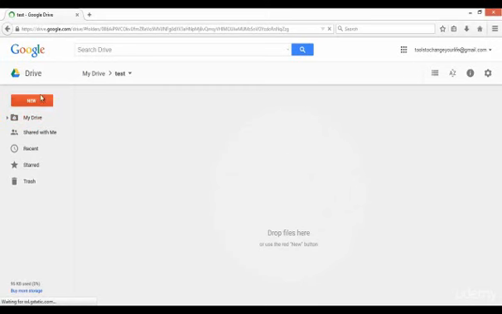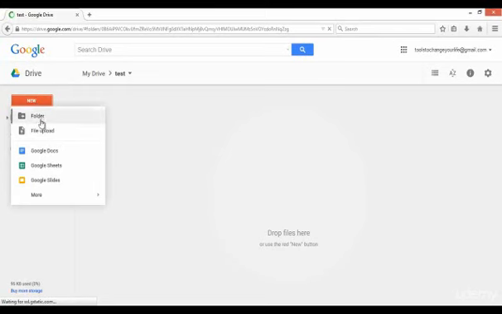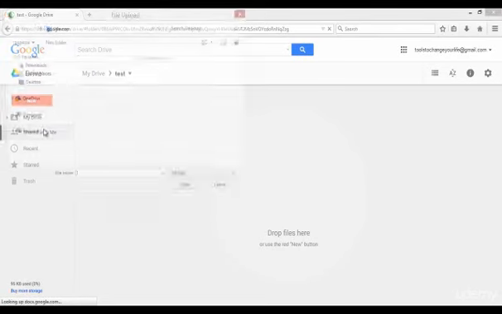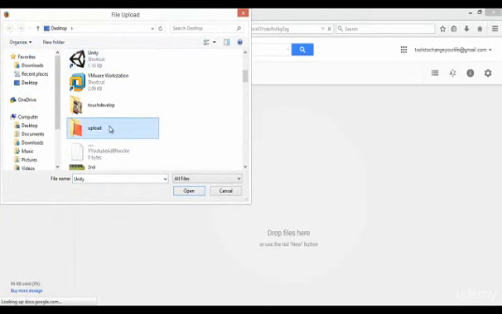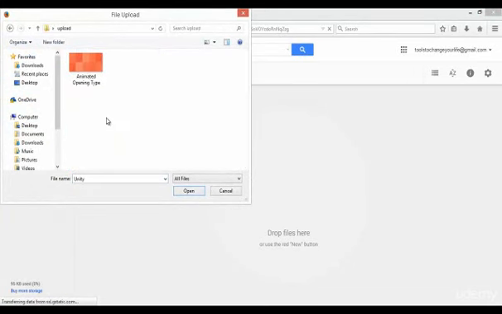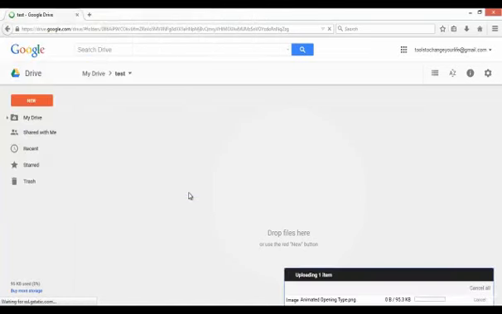So if we want to upload a file, let's click on new and click on file upload, and from your own computer you look for the file that you want to upload, and here we choose this file here, which is a JPEG file. We'll click on open and you can see the bar along the bottom, and the progress bar will show you